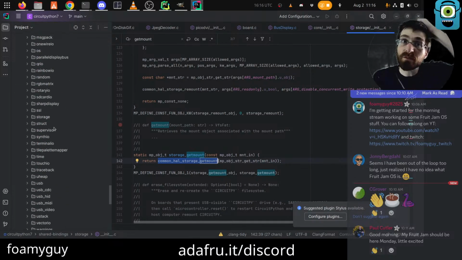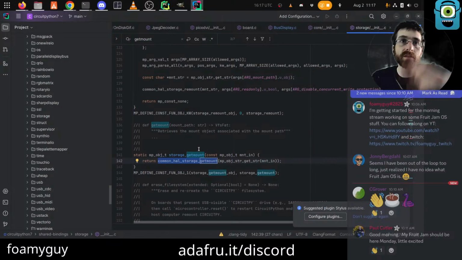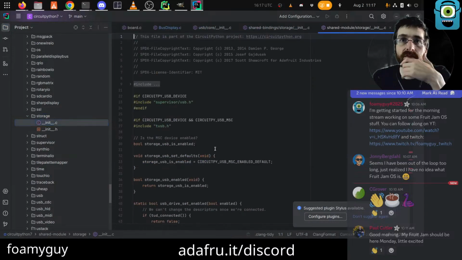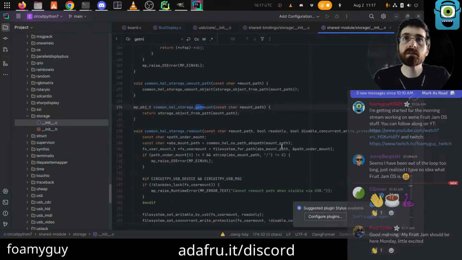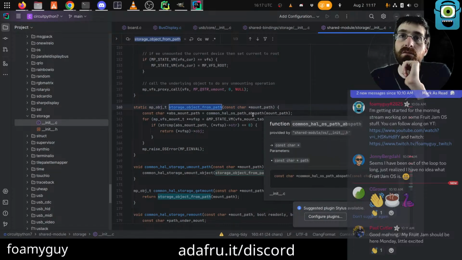It must raise the exception from inside there. Usually in a lot of CircuitPython code here in shared bindings, you would see validate the arguments and then raise an exception if they're wrong, including things like invalid string or whatever this is ultimately mad about. Called storage object from path, which says absolute mount path, common hal os path absolute path.